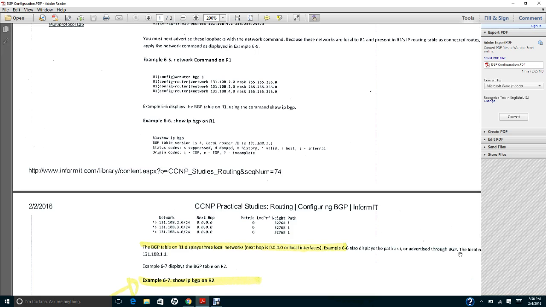Let me see here. The local router ID is 131.108.1.1. So now the question is,